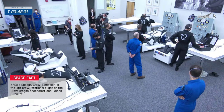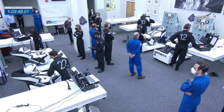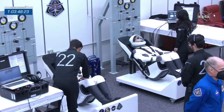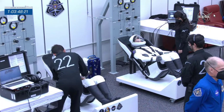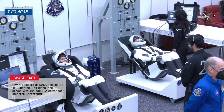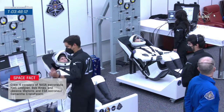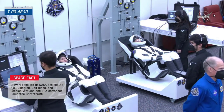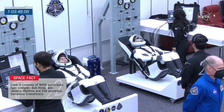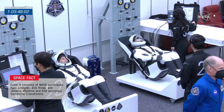the night. Absolutely, and each one of the Crew 4 astronauts is in a seat that is molded exactly as it is in the spacecraft, right? That's right. So the cushioning that you see can be changed out based on the size of each individual astronaut, and the idea is that that seat is going to cradle you through the various dynamic phases of flight. So you want it to fit you pretty well. And you can see the SpaceX suit techs there with them, monitoring both on laptops, but then also interacting with